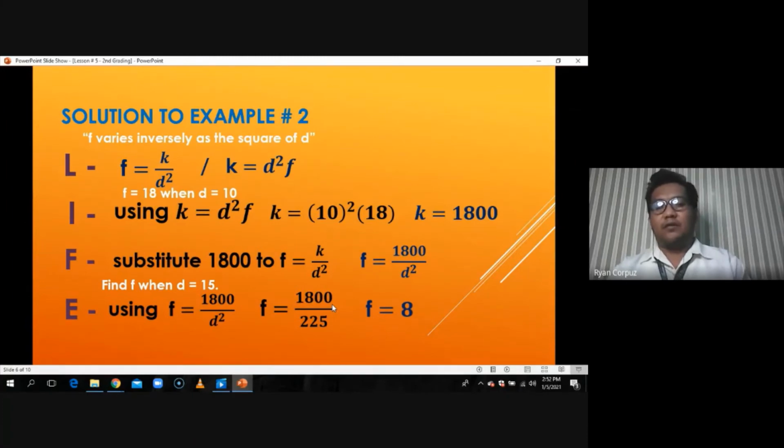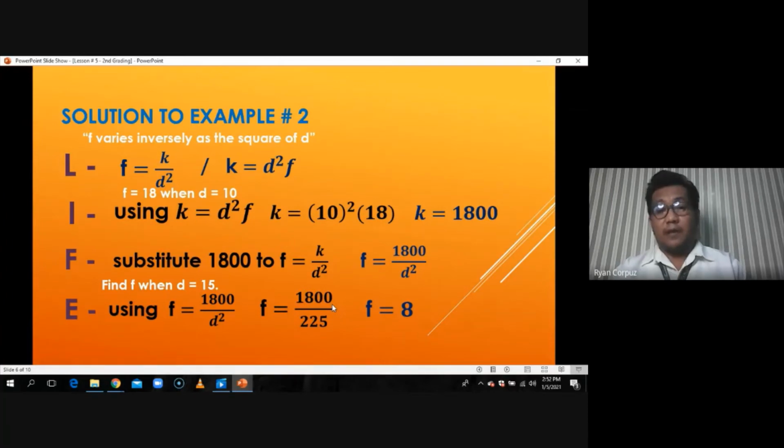So therefore, it needs 8 force of attraction when the distance is 15. So may force of attraction na 8 when the distance is 15. So 8 lang ang pinaka-final answer natin because in the given problem, wala namang unit of measurement na binigay to